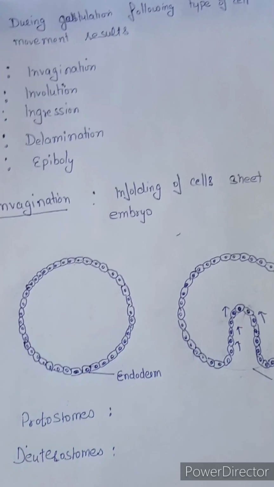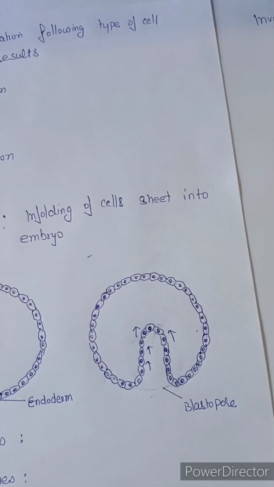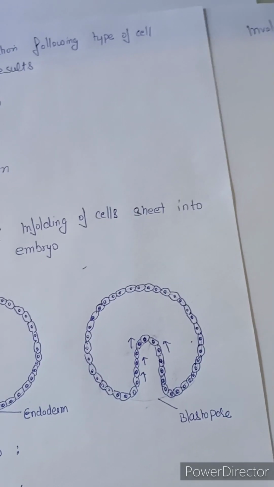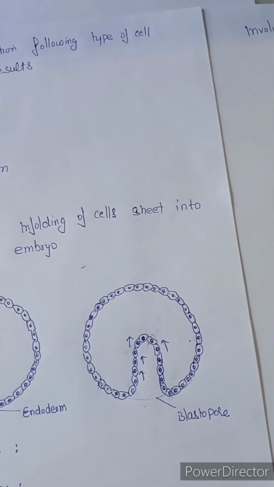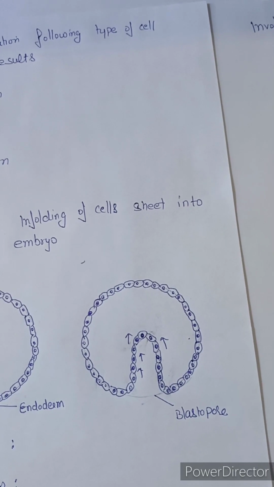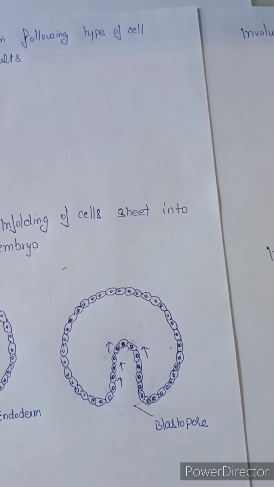So in higher animals, usually the blastopore results in formation of the anus, right? So anus formation takes place first, thereafter the mouth formation, and with further development this particular tube grows and fuses with the wall which is opposite to it, right? That results in formation of a continuous tube which later on can develop into the digestive tract.